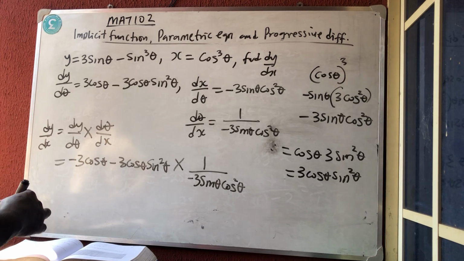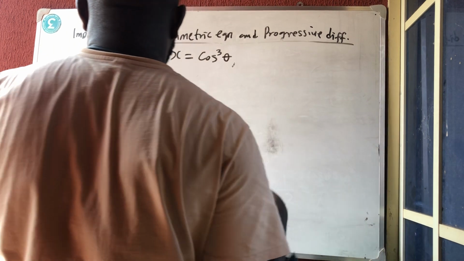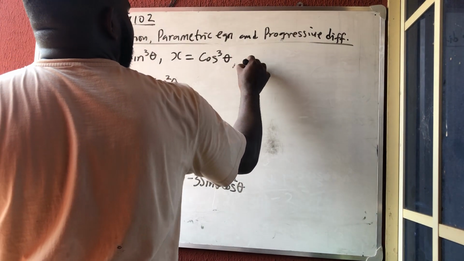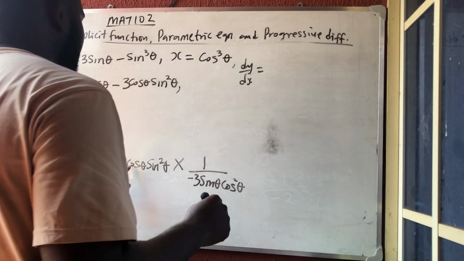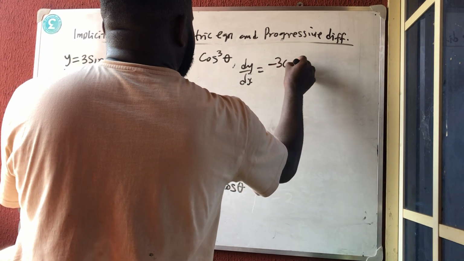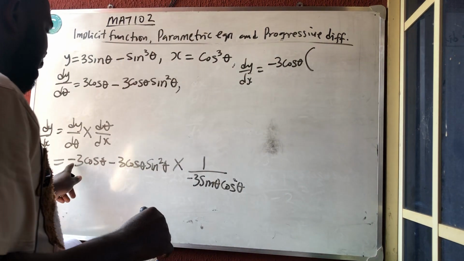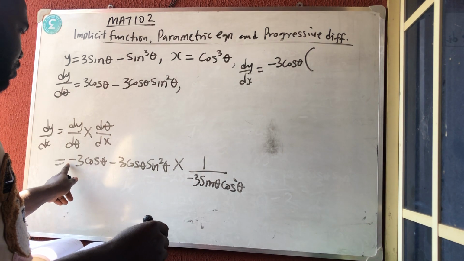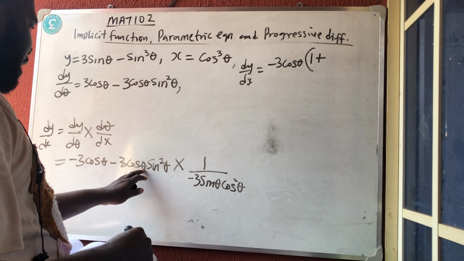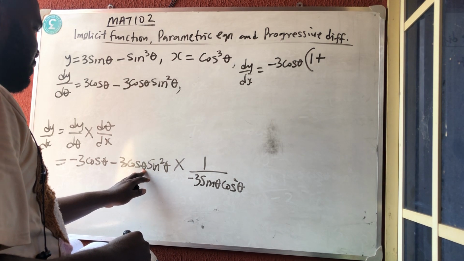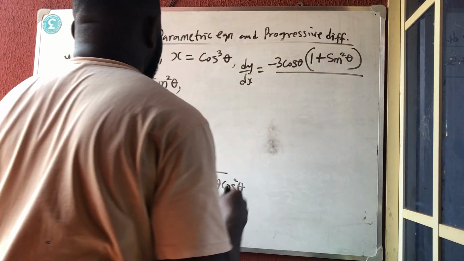Okay, so if you look at that very well, you see that something is factorizable here. So I'm having that my dy dx is equal to, if you look at this, something is factorizable. The only common thing here is what? Minus 3 cos theta sine. Okay, minus 3 cos theta is what is common here. So if I divide here, I'm having 1 here plus. If I divide here, I'm going to have sine squared theta over